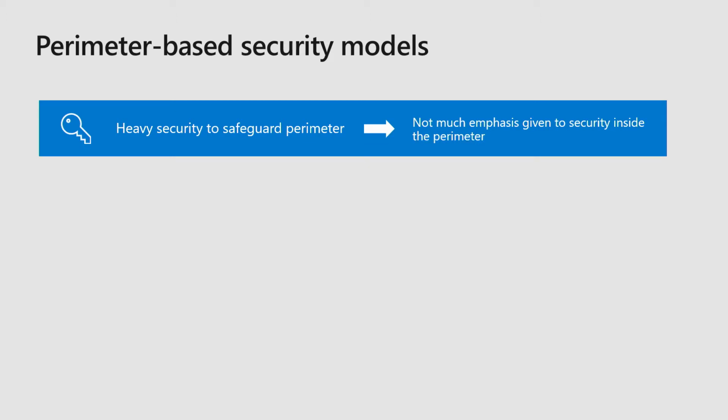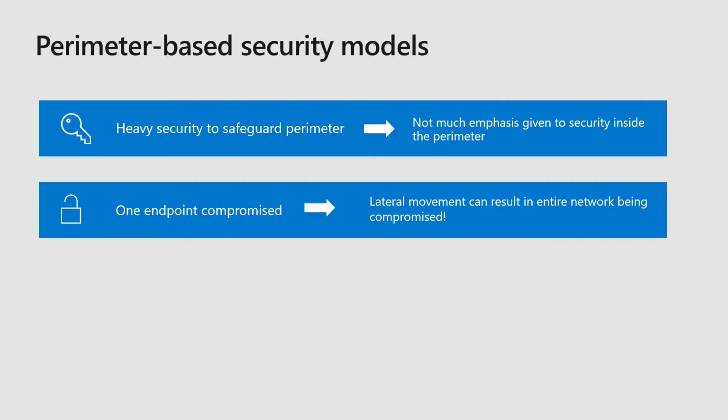And so what people are saying is, look, I've built this kind of Tootsie Roll network, which is hard on the outside, soft in the middle, and I'm only essentially one step away from an endpoint being compromised and the entire network going down. So case in point, let's take the DNC hack, of which US CERT actually gave us